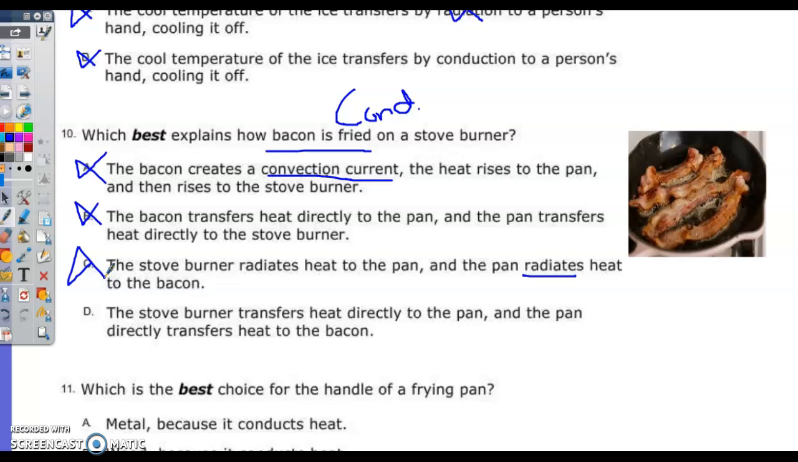The word conduction never shows up in your answer. The stove burner transfers heat directly to the pan, and the pan directly transfers heat to the bacon, which is conduction, but it doesn't say the word conduction. Don't be afraid when you know the right answer. We've eliminated those other two. They can't be correct. Does that make sense? All right. We're going to